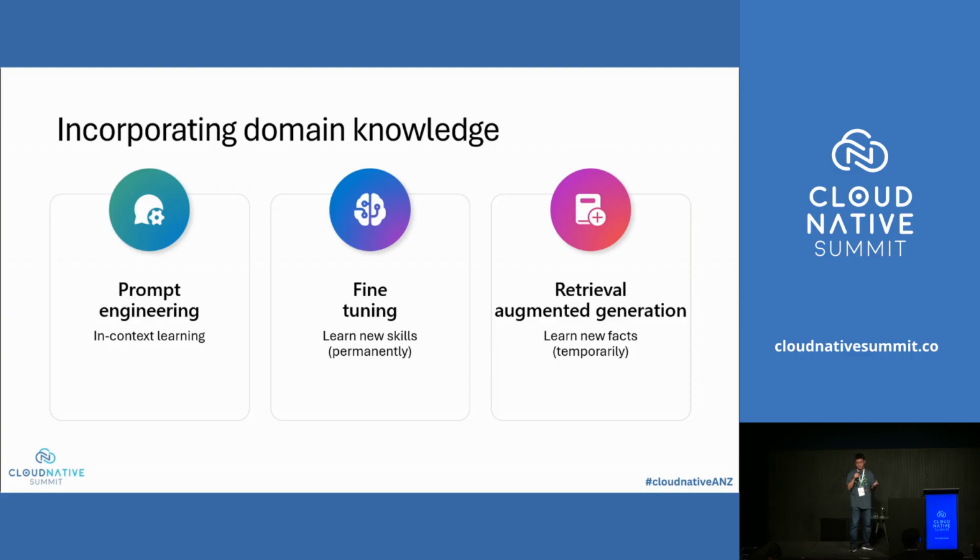So the next step is we want to allow the LLMs to have knowledge. For example, if I want to ask questions specifically about my company's internal knowledge base, maybe some documentation, we need to provide a way for the LLM to understand some specific domain or data set. That's how we incorporate domain knowledge into the LLM. There are basically three ways to do that. The first one is prompt engineering, where we provide some context or background knowledge in the prompt.